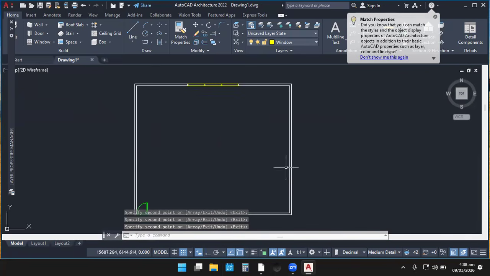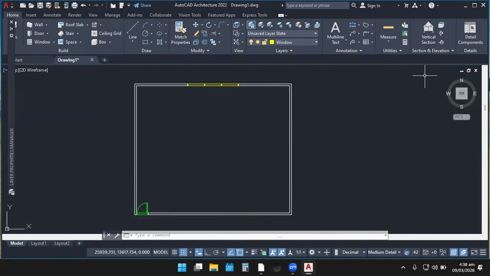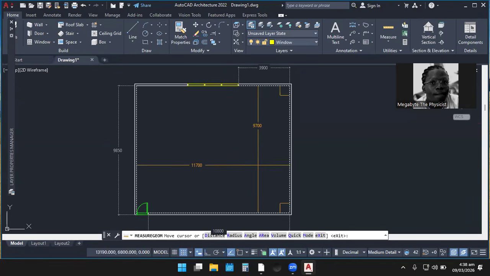Exactly. Let's quickly measure this part and also offset. So that at the end of the day, we can face this window too, and then we proceed. Let's bring our tape measure. This is, let's say, 9,700. So 9,700 divided by 3, we're going to get 32.33. Okay.